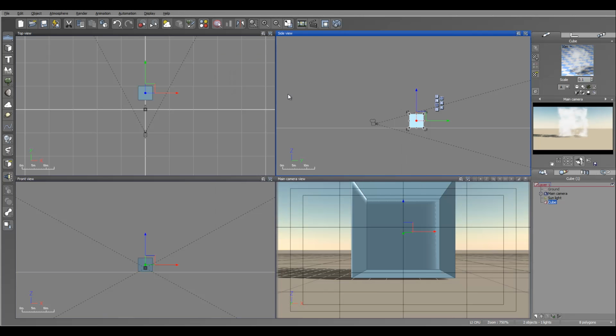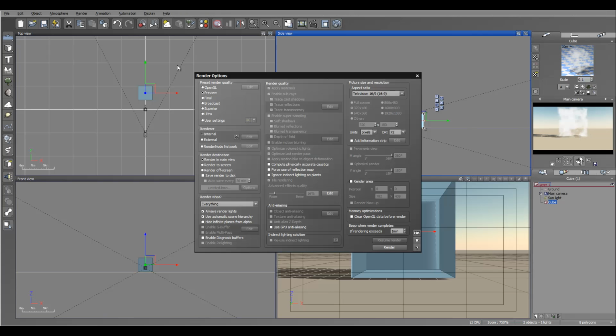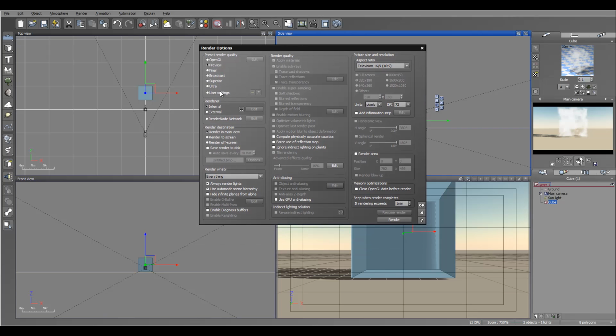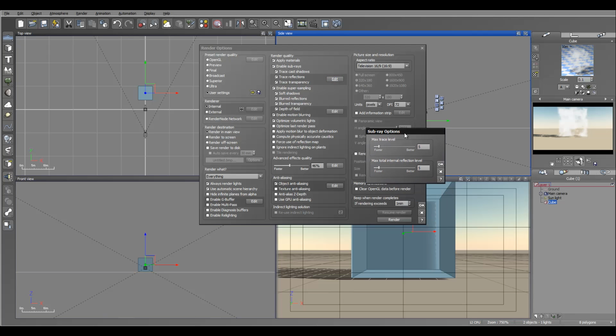Another way is to look at the render and its speed. When we go inside the render options, let's go to the user settings, and in our user settings two kinds of menus will help us do this. One, you notice right here we have trace, transparency and reflection. This option provides us transparency, so let's open it, and you notice right here we have similar subray